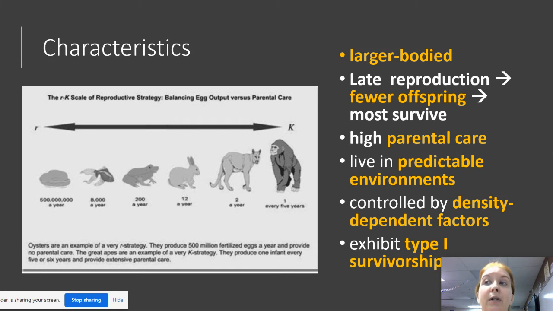They tend to live in predictable environments. Like I said, you want environments where you know what to expect. Controlled by,